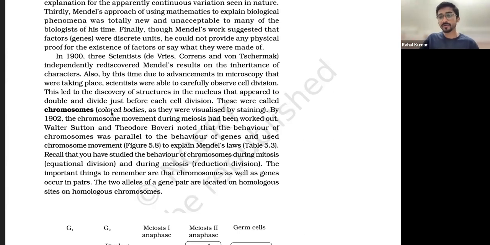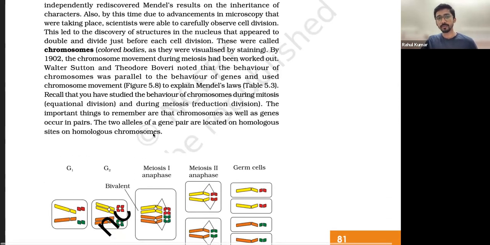They were called colored bodies because people could put some stain on the cells and color these chromosomes, black or indigo blue, whatever the stain color is, and you can see them under a microscope floating. So people also started understanding chromosome movement during meiosis. There were two very brilliant scientists, Walter Sutton and Theodore Boveri. They were working on the nucleus of cells, looking at chromosome behavior, how chromosomes go from one cell to another when the cell divides